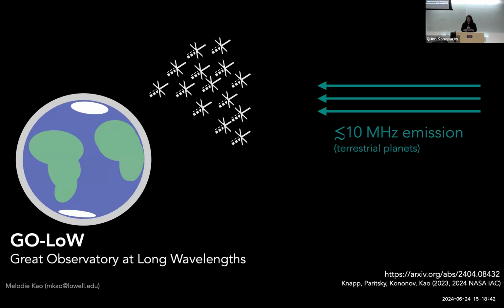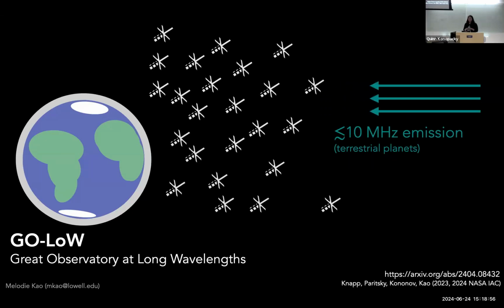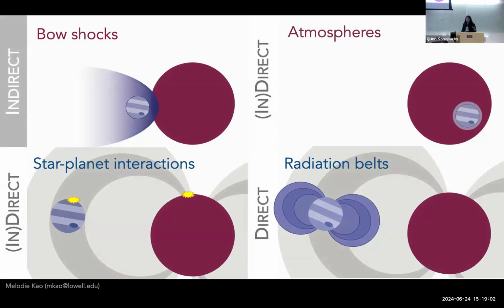And Mary Knapp, who is one of the Splinter organizers, is leading a team at MIT Haystack Observatory, designing what we hope will be the first large reconfigurable radio array that will be able to measure the magnetic field strengths of terrestrial planets. But until we master interstellar spaceflight,